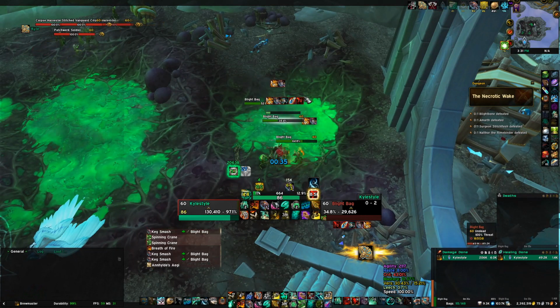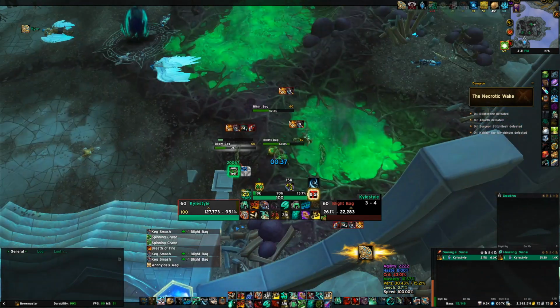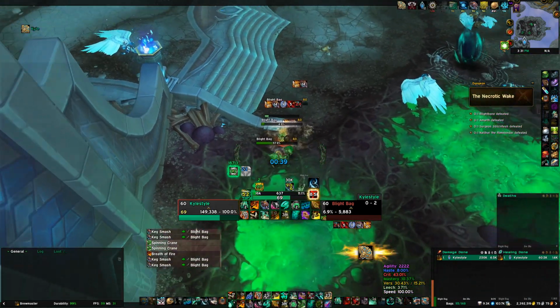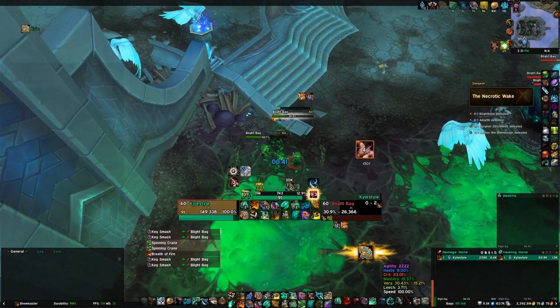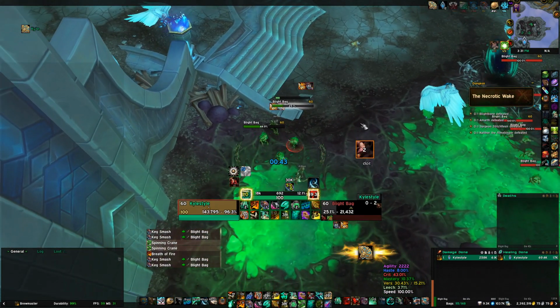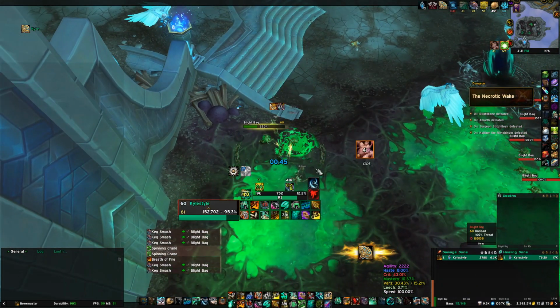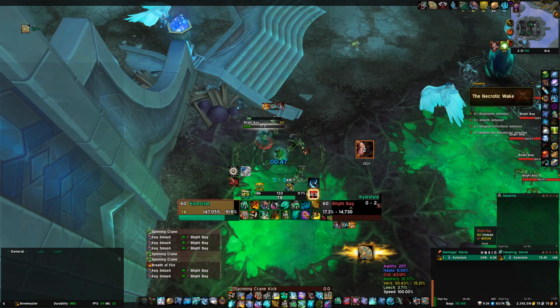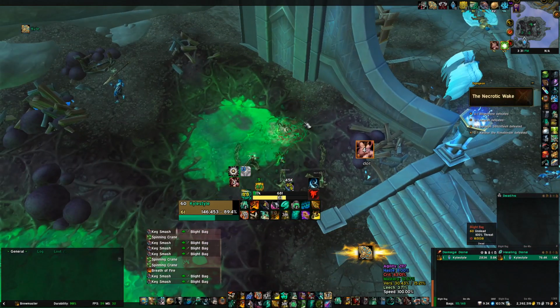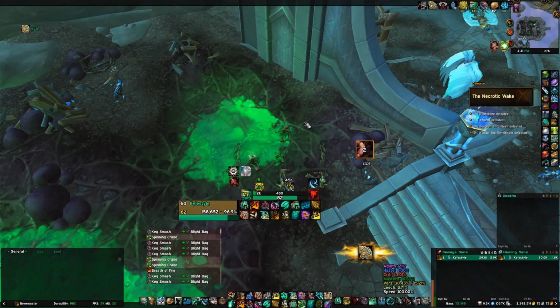Now, generally, if you're following your normal rotation and not just standing there AFK, you are going to automatically have the full 15 seconds of Shuffle as you're in combat. This is done just by using Keg Smash, Blackout Kick, and Spinning Crane Kick, so it's automatically applied. You should never not have it up, so it's not super important for you to be able to see there,